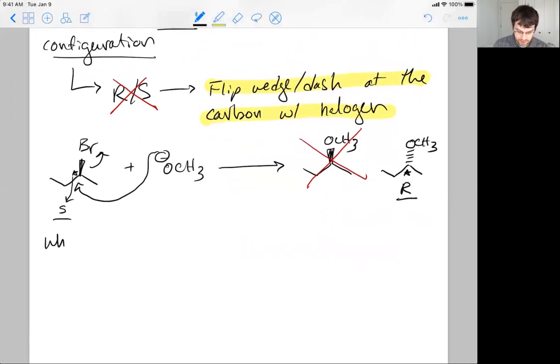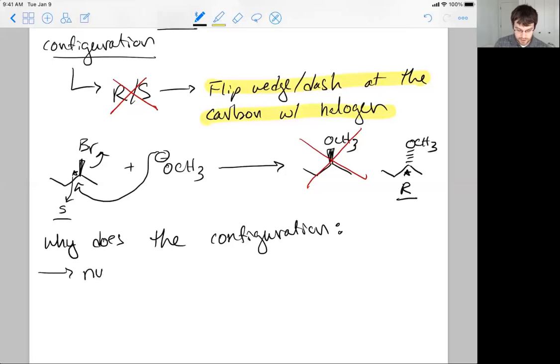Now, why does the configuration invert? I'll use words to answer this before we get to the pictures. The pictures will be a lot more helpful, but the words are important because these are words that chemists use all the time. So the answer to a question that I did not complete, sorry about that: why does it invert? The nucleophile